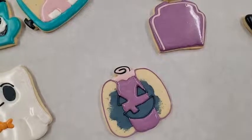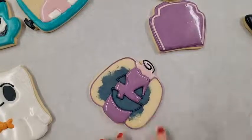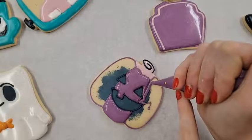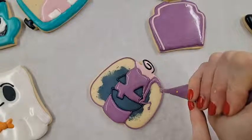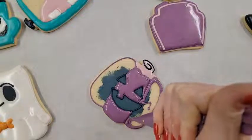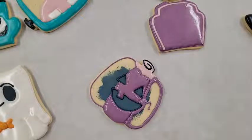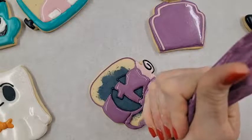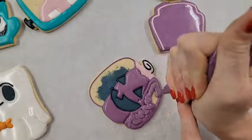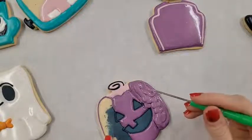Okay, grab your purple. Let's go ahead and fill these in on the sides. If you feel that it's not dry enough yet, that's fine. Just give it a few minutes. But that way you guys don't have to wait for me on this video. I can just kind of go for it. So if you want to wait so that the middle part doesn't touch this side part, that's fine. It really just needs a few more minutes probably. Okay, then you're going to take your needle